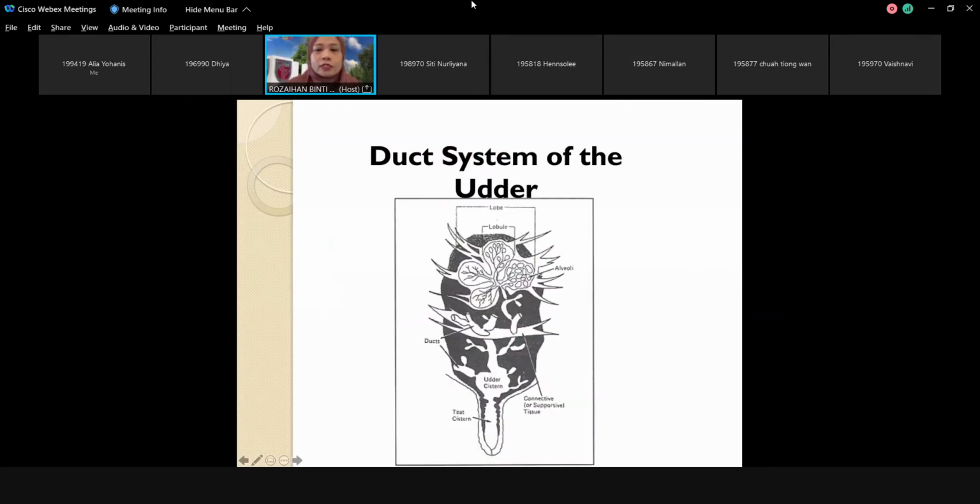This is just a basic structure of the inside of the udder, or the mammary gland. I've actually gone through this in the surgery course with you guys, in VPK36, I cannot remember, 1 or 2. Basically, this is the alveoli. A group of alveoli will form a lobule, and a group of lobules forms a lobe. Then milk secreted from the alveoli will be